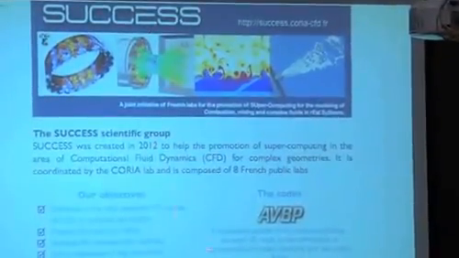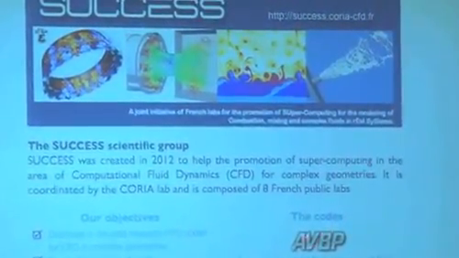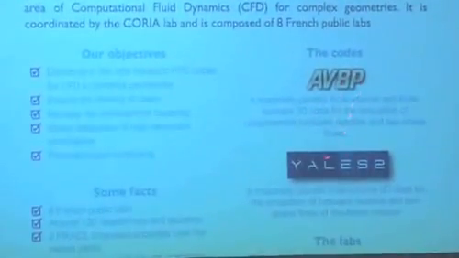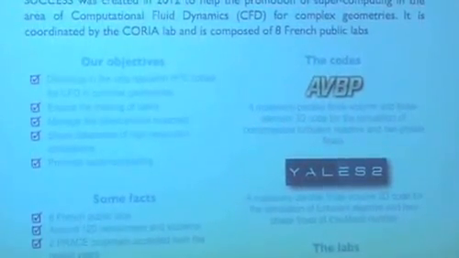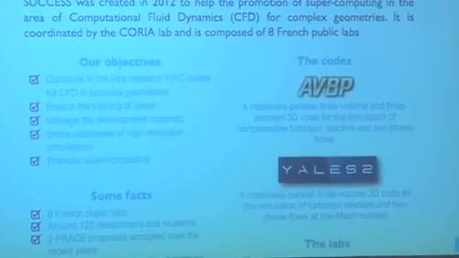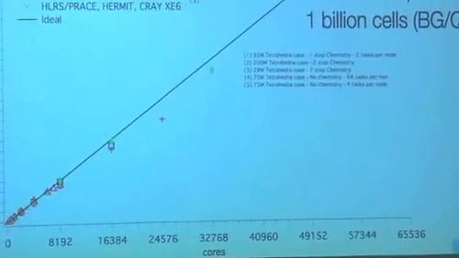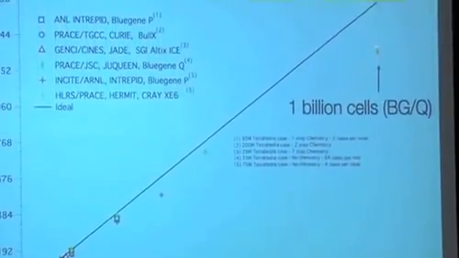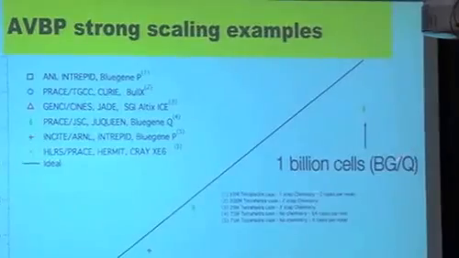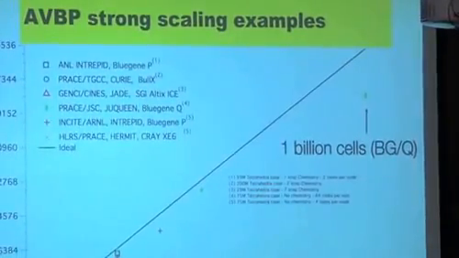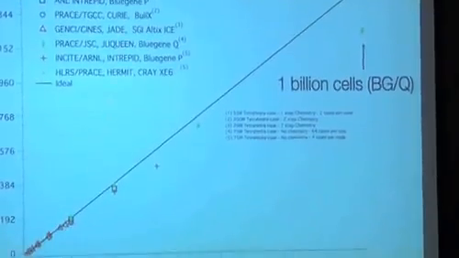This is, for example, something we started in France, where we have basically two big codes, one developed at Surfax, one developed at Coria in Rouen, and we distribute these codes to all users in France so that they can have a code right away to start with instead of having to do everything on their own. This is also the reason which allows us, for example, to run, we just ran here on 1 billion cells on the BGQ at Argonne on 65,000 processors and 120,000, I guess, last week. And we're running on all machines.